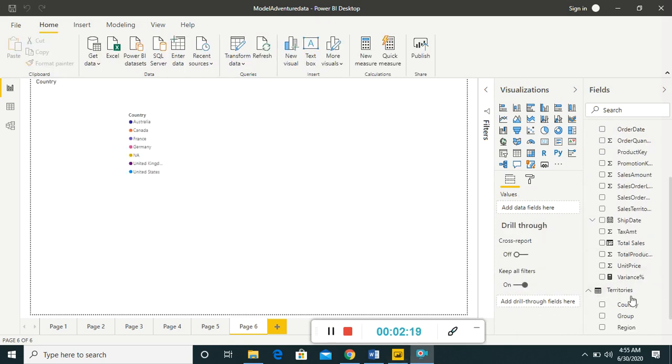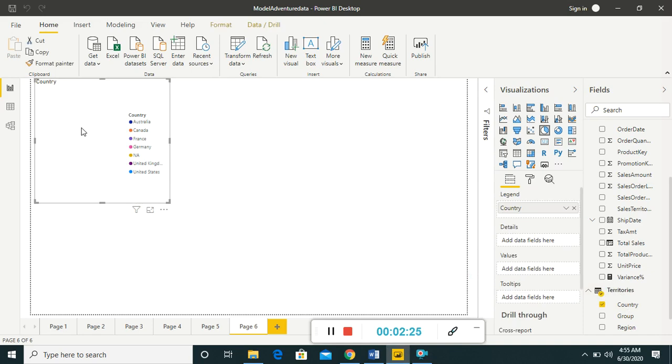I moved country from the territory table to the pie chart, and now I am going to move total sales as a value to the values section.